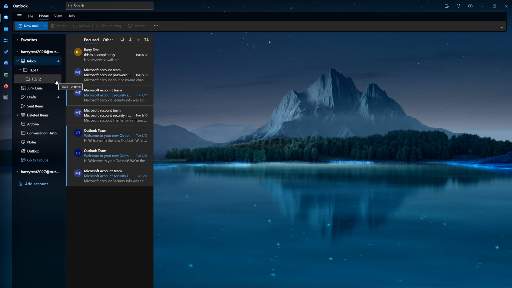Once you've typed the name, press Enter. That confirms and creates the folder instantly. You don't need to